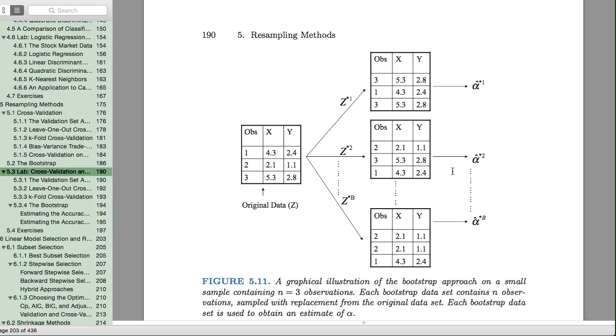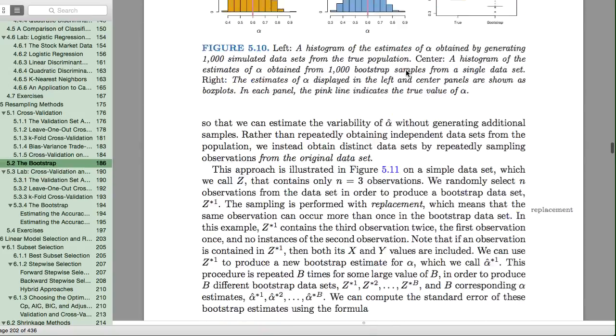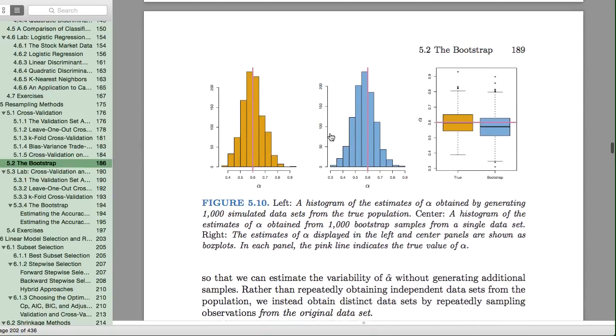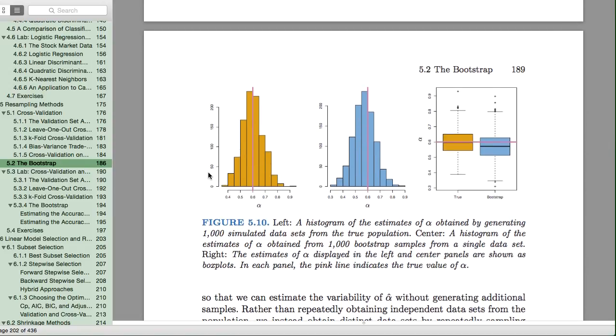So we get all these bootstrapped estimates, and we find when we do that we wind up with parameter estimates that are really close to the real ones, potentially. So this is a huge big deal, and it's particularly big because we can use it on anything. So at any place where you have data and you want to estimate some parameter of that data set,